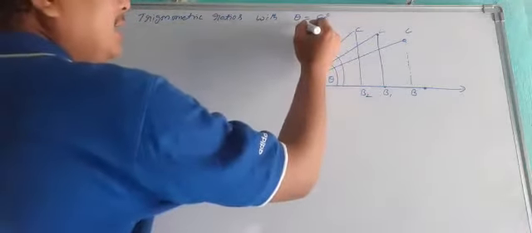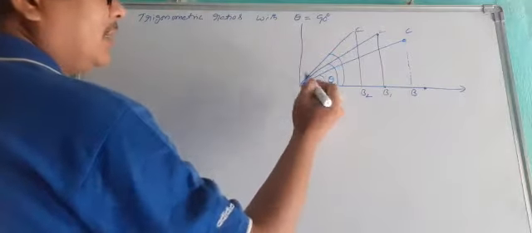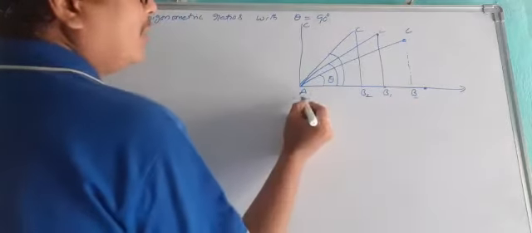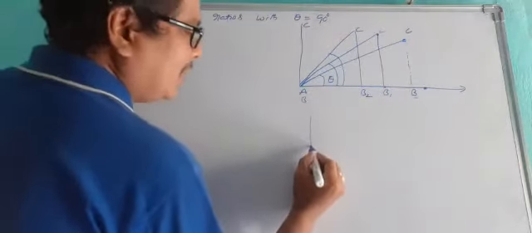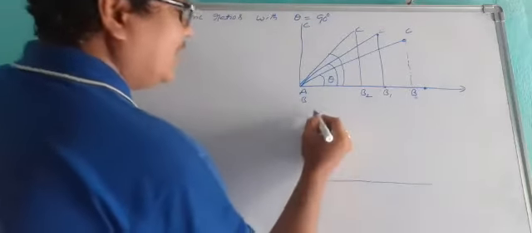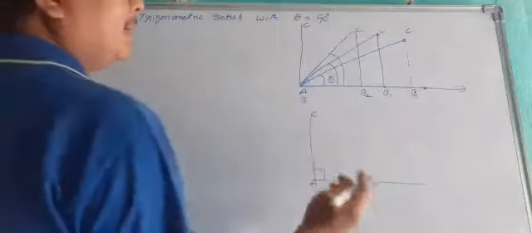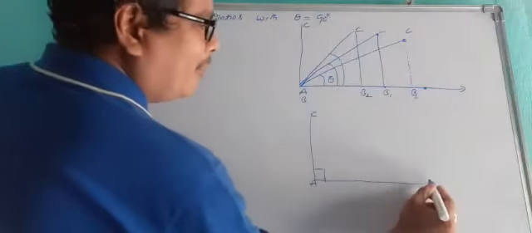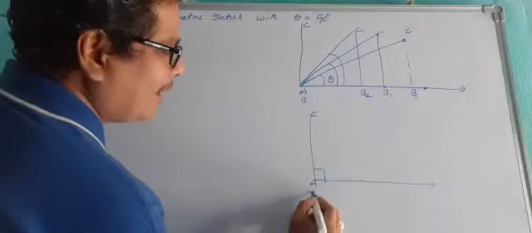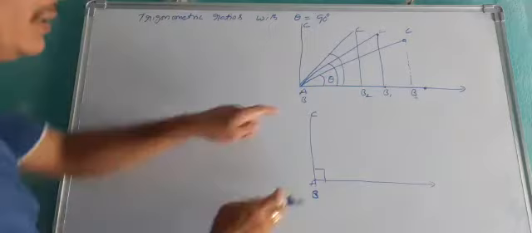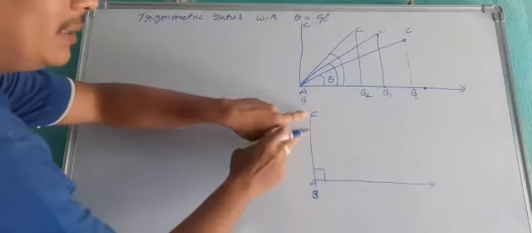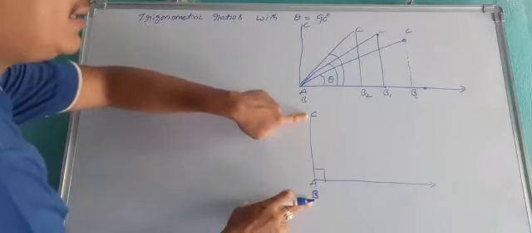When the angle reaches AC, now this B coincides with A. That means you get the angle at A equal to 90 degrees. Now this AC makes an angle with A equal to 90 degrees. This B coincides with A. So that means here AC equals BC. Here AC and BC both are the same.